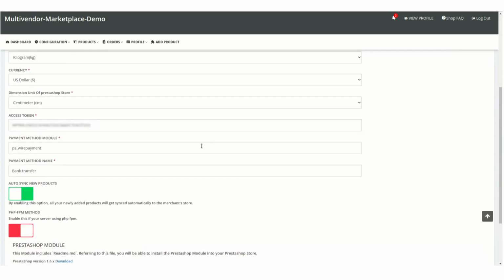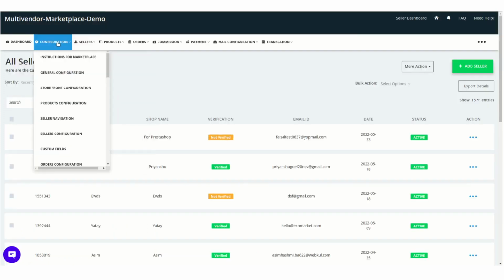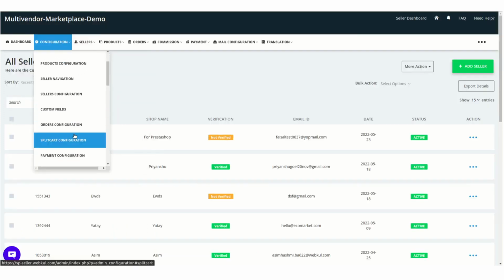So once it's been done, you can also check the PrestaShop configurations or the PrestaShop in admin panel as well, where you can manage